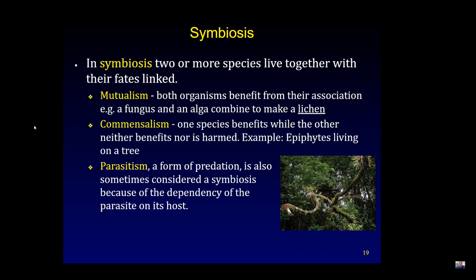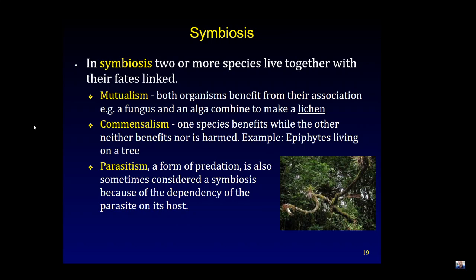There's commensalism. One species benefits while the other neither benefits nor is harmed. So an example of this is epiphytes living on a tree, right? The tree gets no benefits from them, but one does benefit from the other. So think about those types of species where one definitely benefits, but the other one is not harmed or benefited